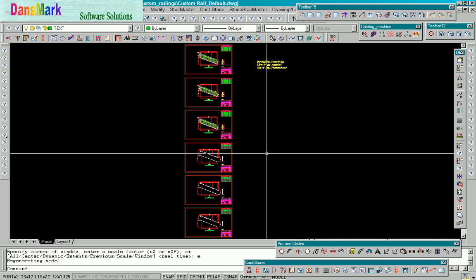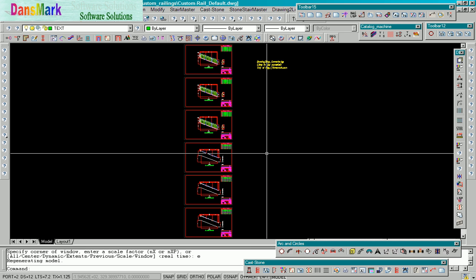So whether it's an 8 scale, a half inch equals a foot, or it's a 48 scale, which is a quarter inch equals a foot, when you print it out, the text is always going to be the same size on that printed out sheet. So it automatically adjusts all the text, all the spacings, the dimensions, everything,